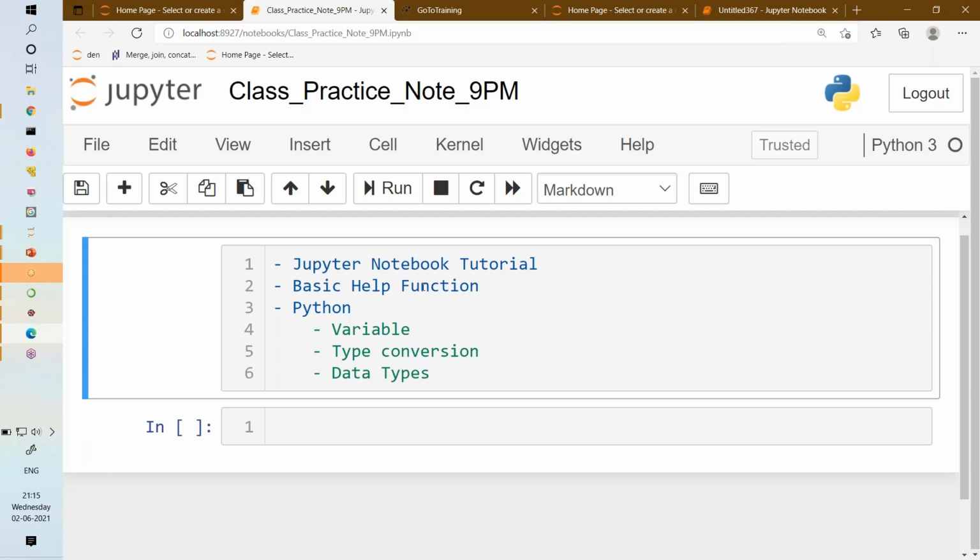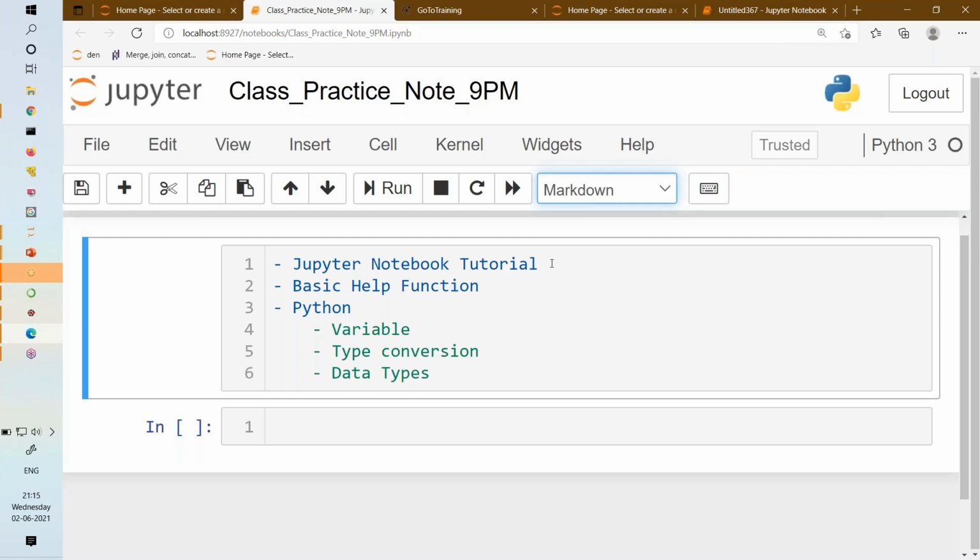Simple text, right? So I need to make sure wherever I am writing simple text, I have to change this mode to markdown. You can see this is code mode and markdown mode. So markdown means text, code means Python code. So you open a Jupyter Notebook, ask yourself what I'm going to write, whether it is Python code, no need to do anything. By default it will be Python mode, sorry, code mode.